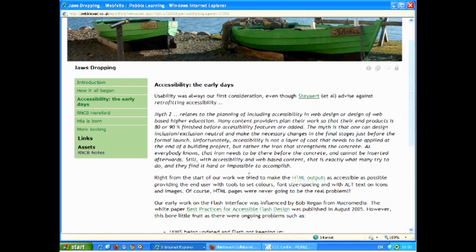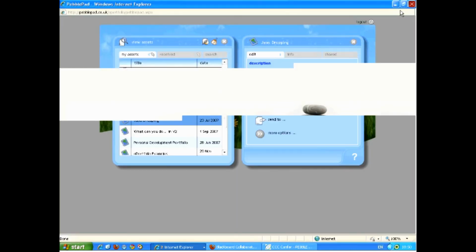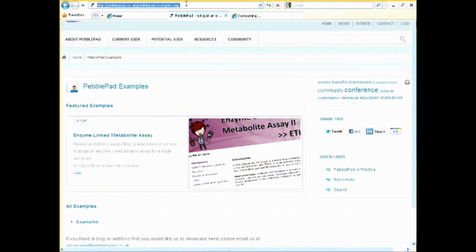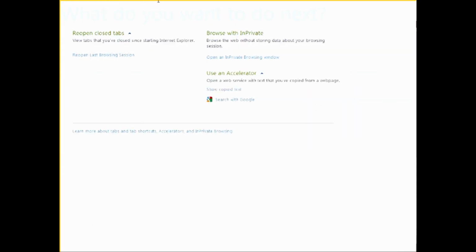So yes, and I think particularly in Atlas what we've done, if I go away from this, and what I'll do actually is quickly open another tab, and go to,